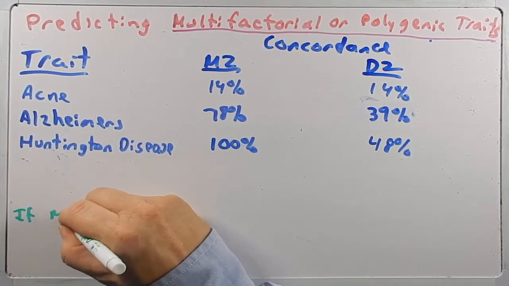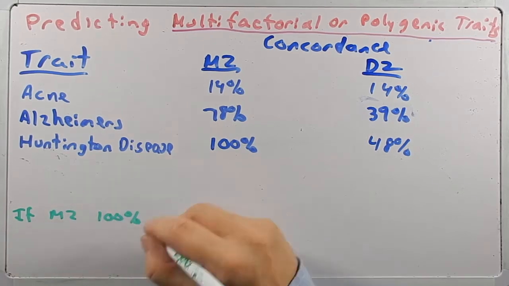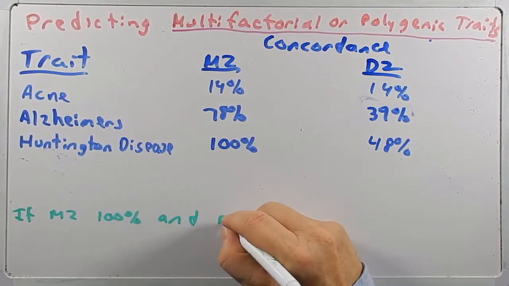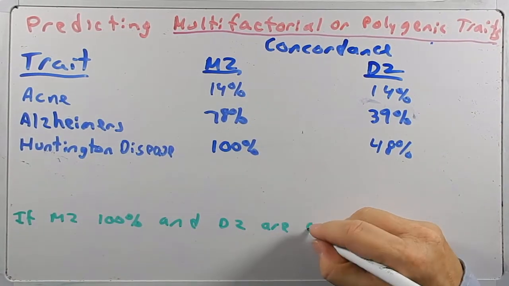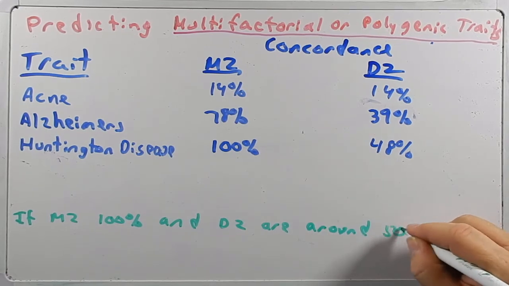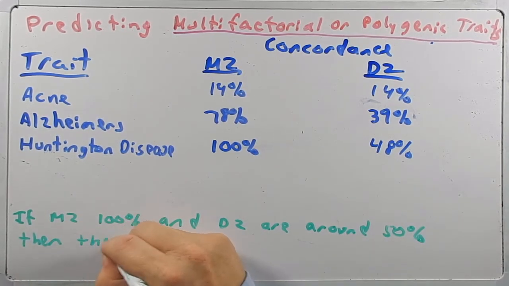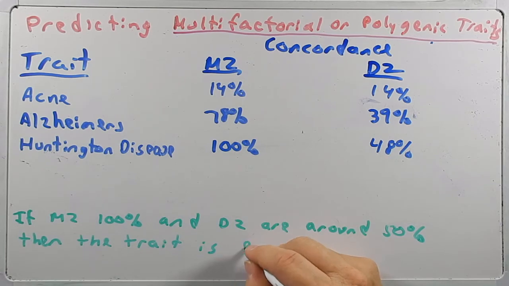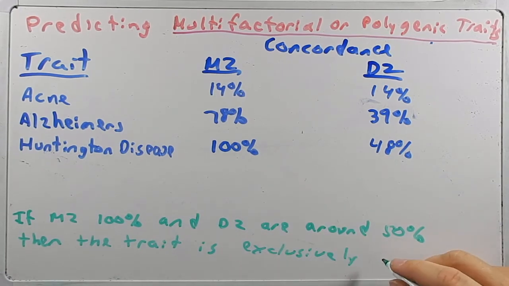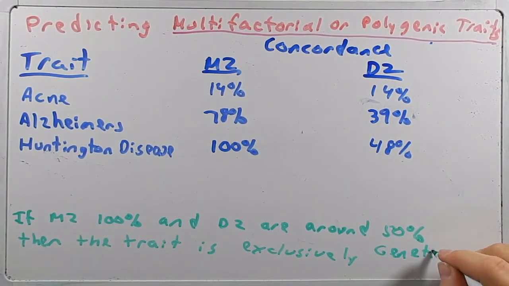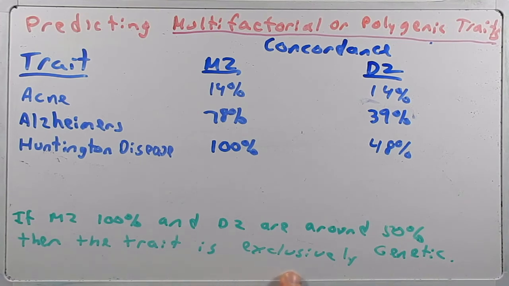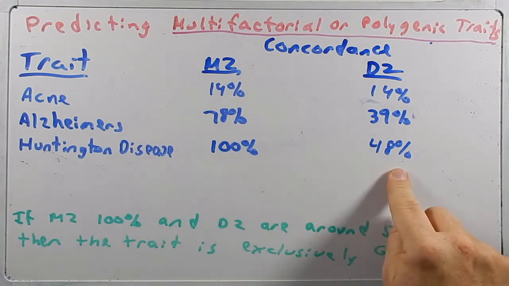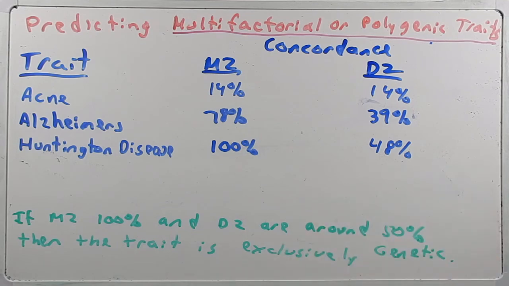If monozygotic twins are 100% and dizygotic twins are around 50%, then the trait is exclusively genetic, something you get from your parents. There are always exceptions to these kinds of rules, of course, because anytime you say exclusively, you're going to find an exception. But for the purpose of our class, if you see 100% here and around 50% here, this would